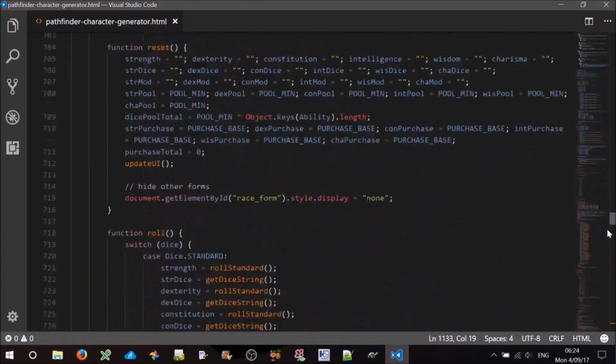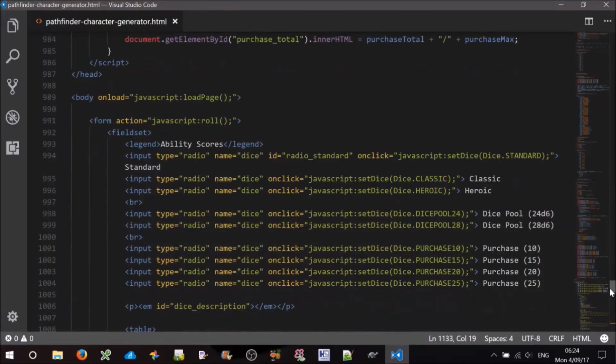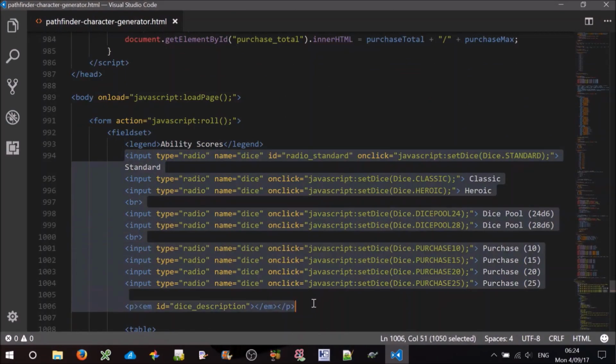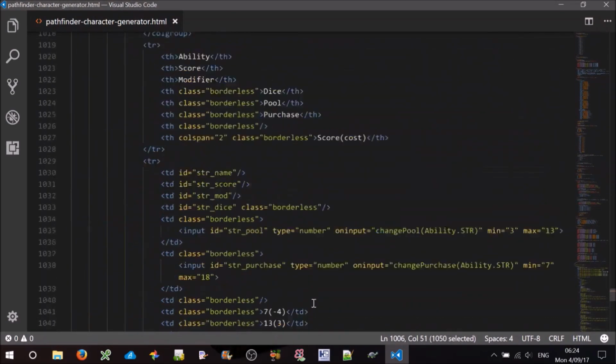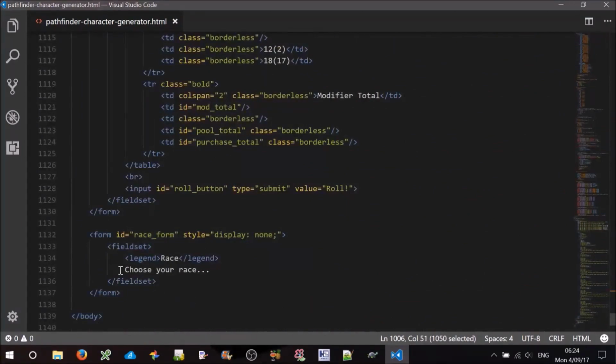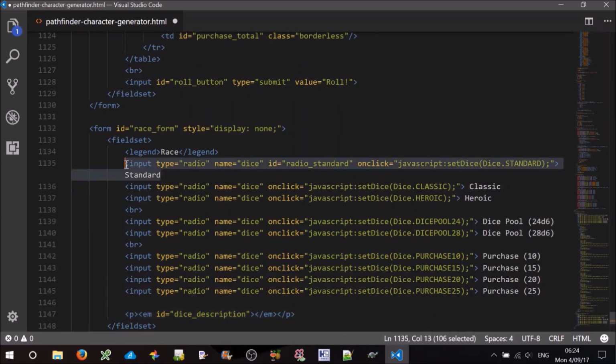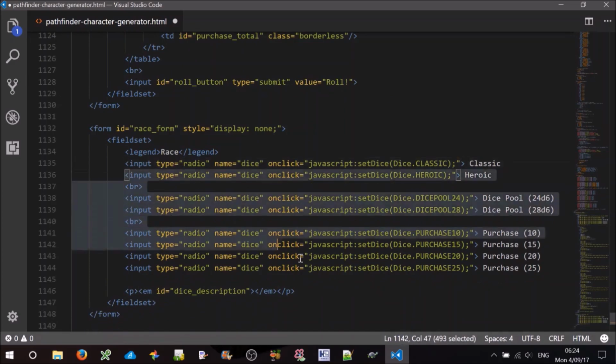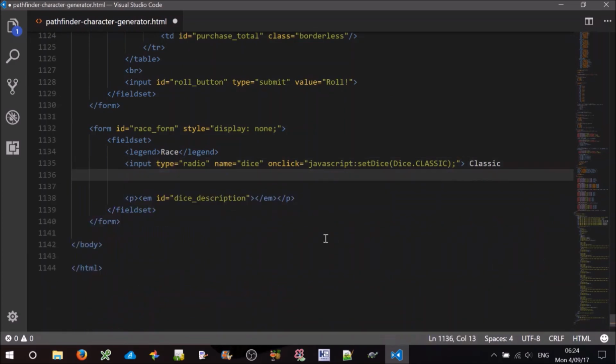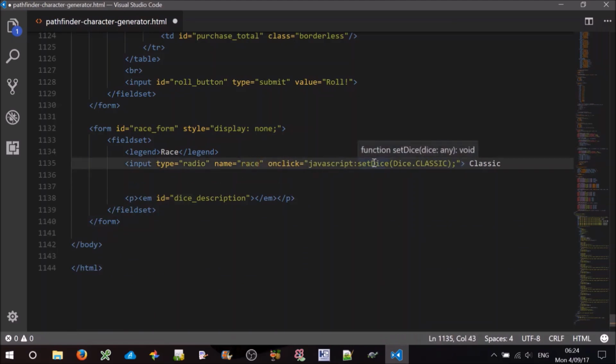Head down to our HTML. In a similar way that we're selecting our dice pool method, we'll also have a description at the bottom. Do that for race. So where we've got choose your race, we'll get rid of that first one for the time being. We don't need any of these really. So the type is radio, the name is race. On click, we'll create a method called setRace, and we'll have